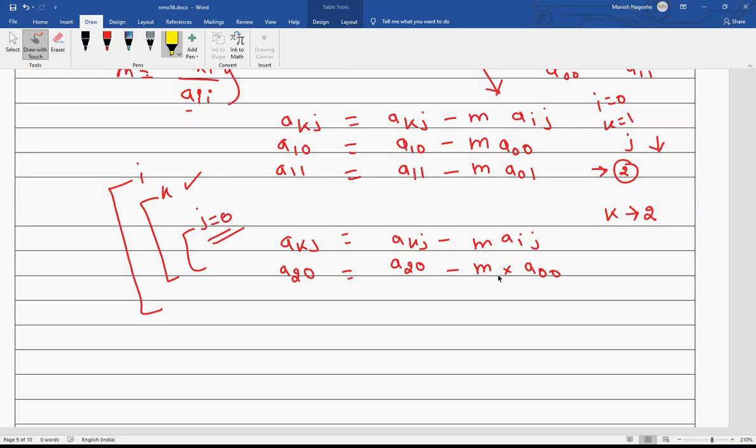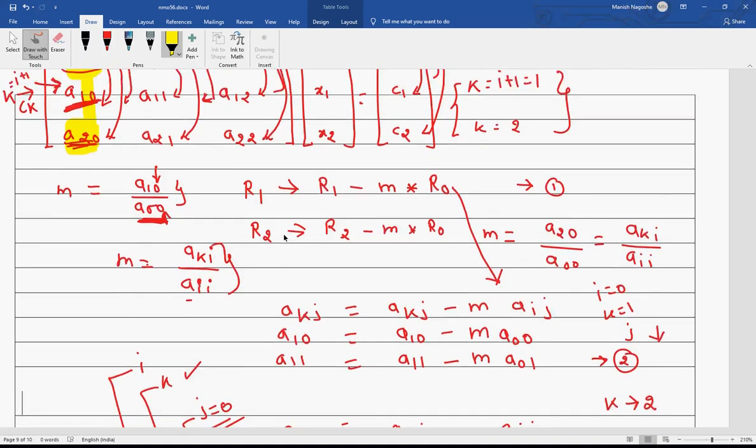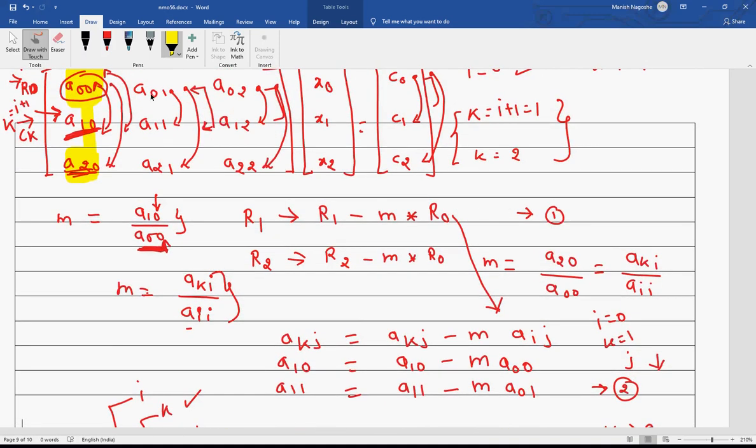Now if I change the value of J again, because the inner loop J is going to change, what operation am I going to get? I am supposed to get this and this. Again I change this and finally this and this.